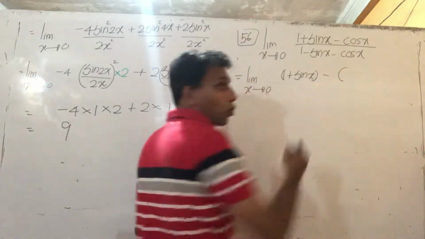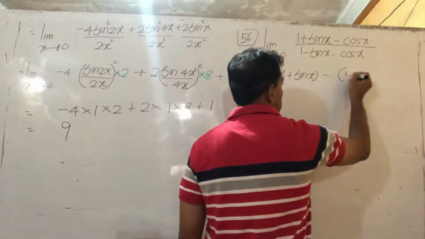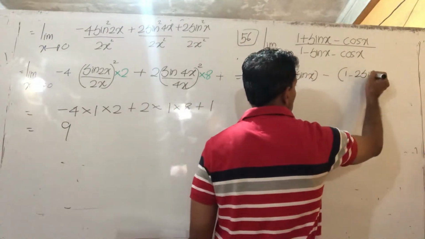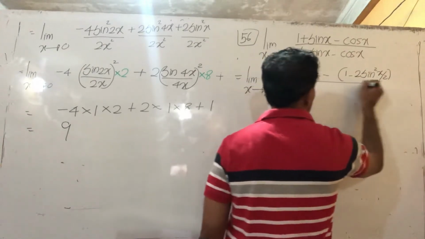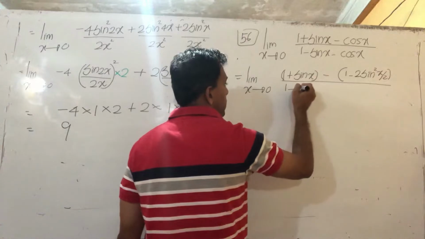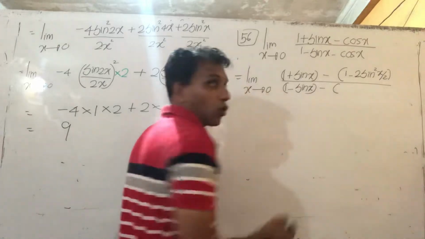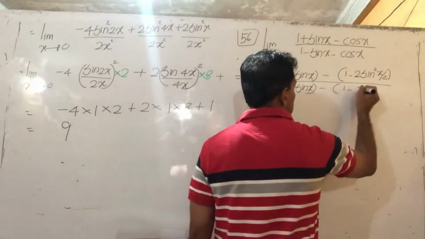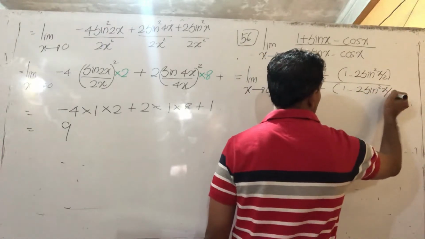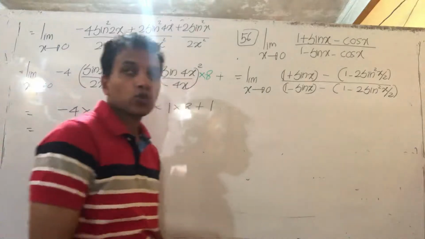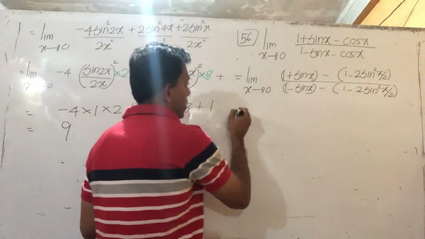Let me show the cos theta double angle formula in terms of sine: 1 minus 2 sine square x by 2, over 1 minus sine x. What is cos x? 1 minus 2 sine square x by 2. So what happened? Limit